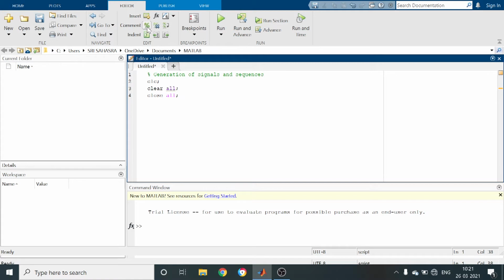Whenever you use a percentage symbol before any instruction, it appears in green color, which is nothing but a comment, not a command.